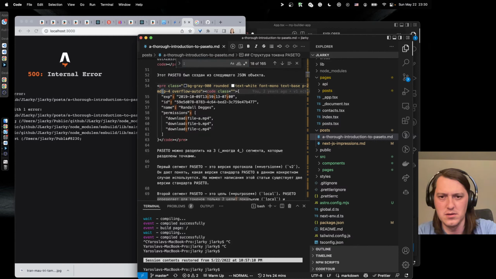But where does it get the data ID? So all of this stuff we don't need. And we need this stuff. Okay. So now let's go here.